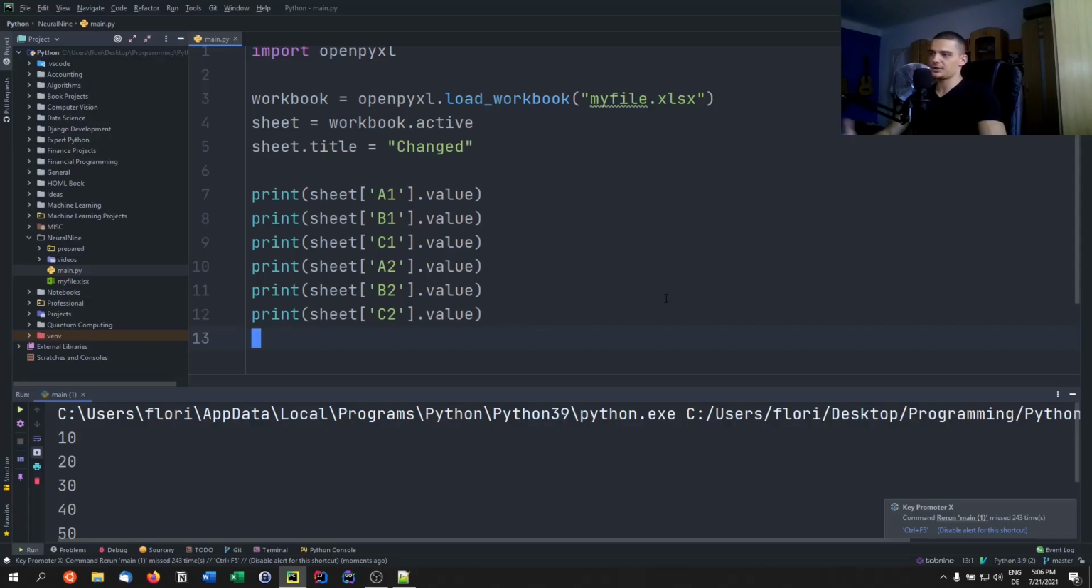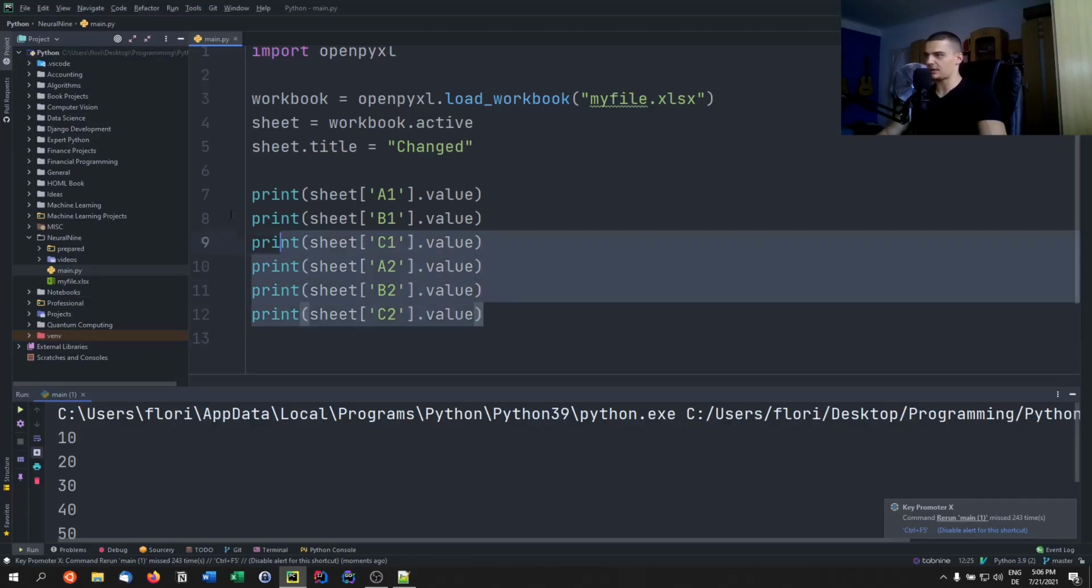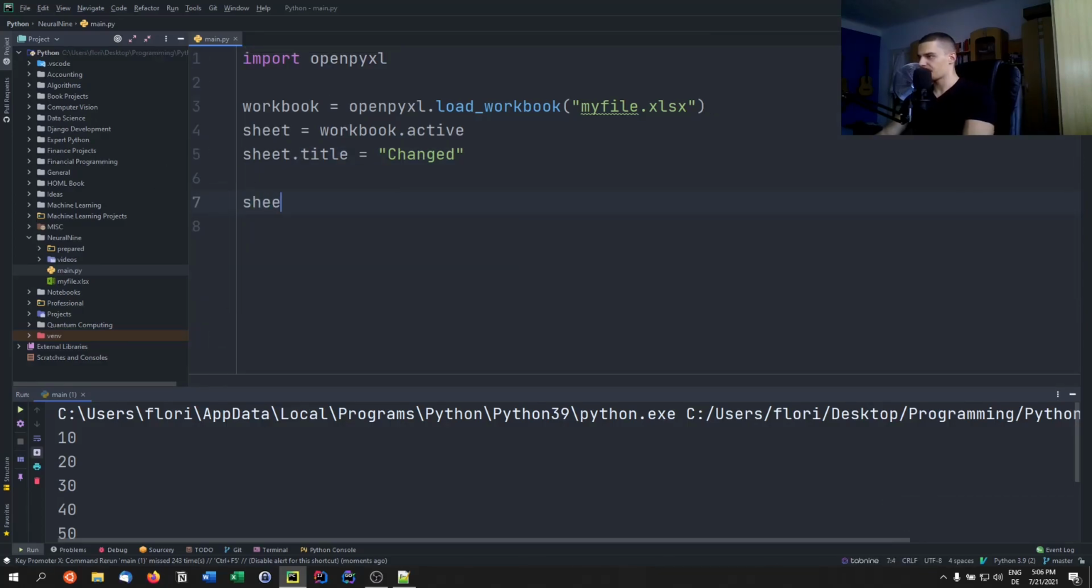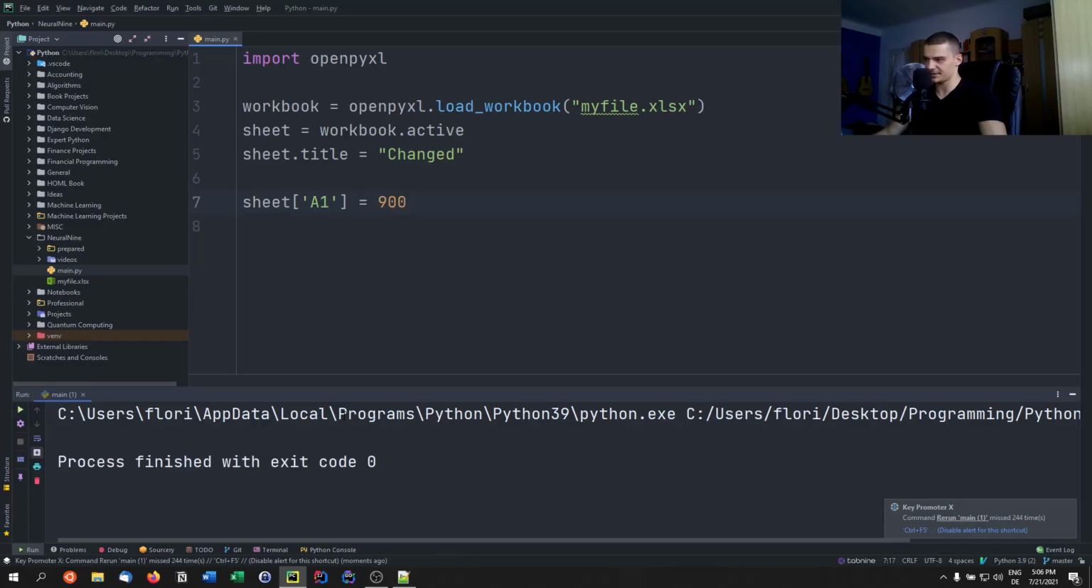But this is how you can basically look up the values of a certain cell. And in the same way, you can also set those values. So we can say sheet A1, I want this to be, I don't know, 60, for example, or let's say 900. Now, of course, if I just run this, nothing is going to happen because it's not going to change anything. If I actually want the changes to be saved, I need to say